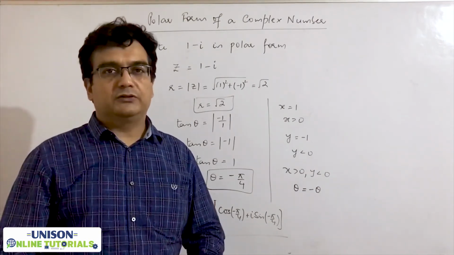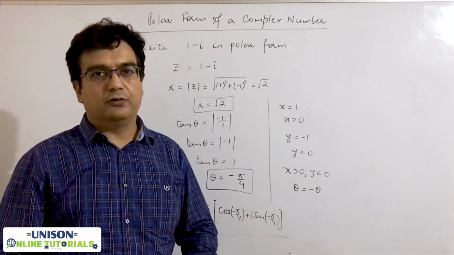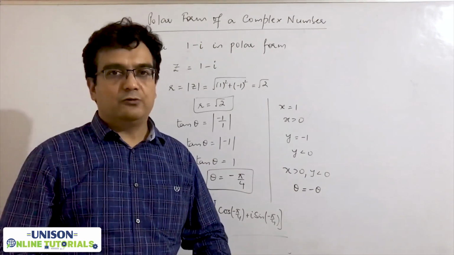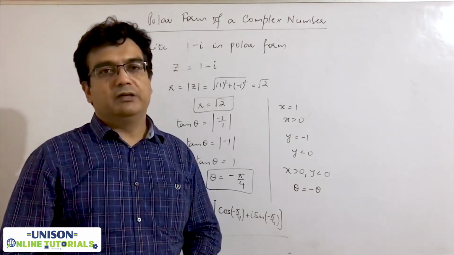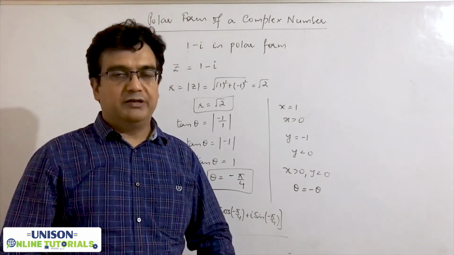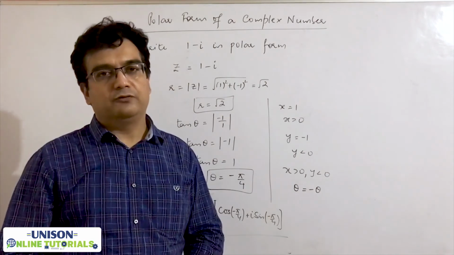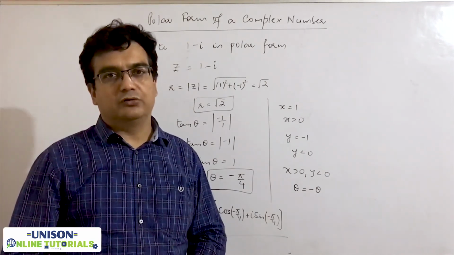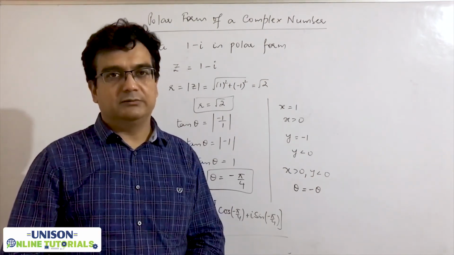Now the modulus, you know the modulus. What is modulus? r is the modulus of a complex number. What is the argument? What is the amplitude? And what is the principal argument? So theta is the argument or amplitude. And what is the polar form? Polar form is r times cos theta plus iota sin theta. So this is the polar form of the complex number.